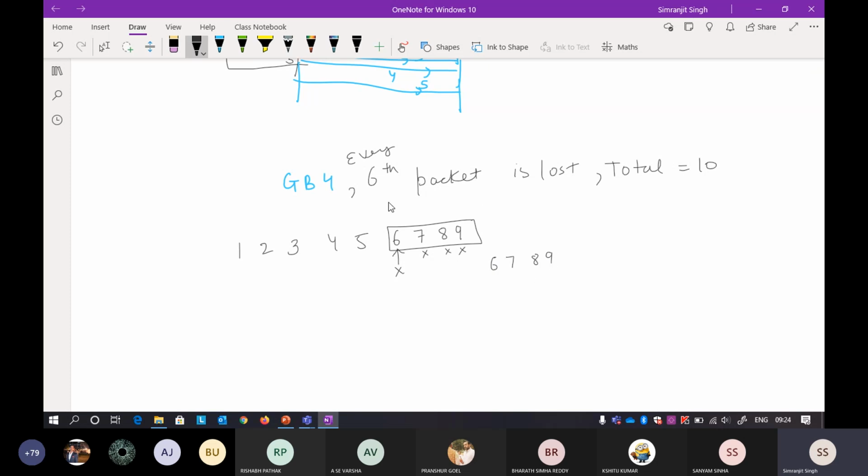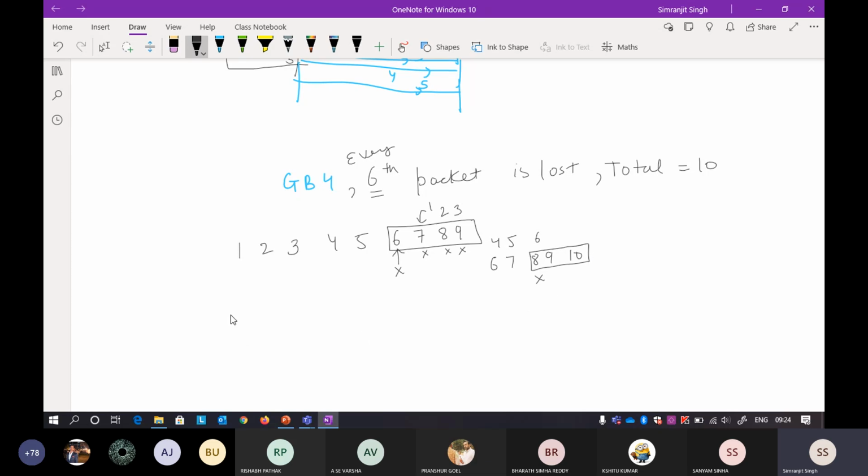Okay, so now again count the 6th packet from this one. 1, 2, 3, 4, 5, 6th. So now your 8th packet will again get lost. Because you have to send 10 packets in total, and it is GB4, you have to again retransmit this whole window.